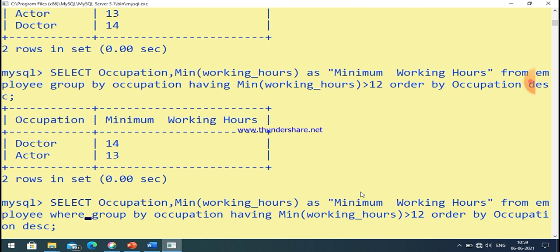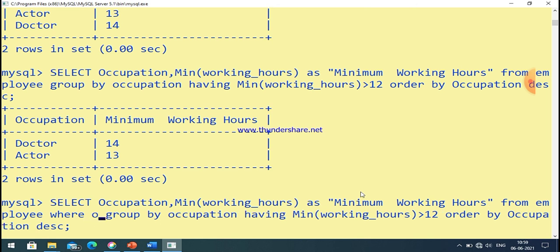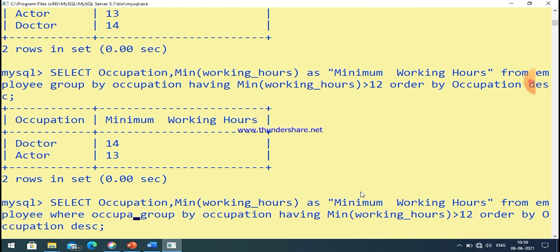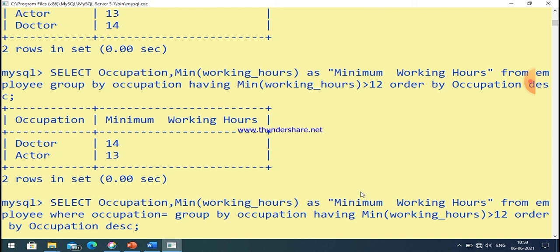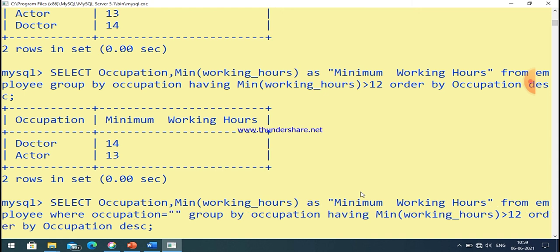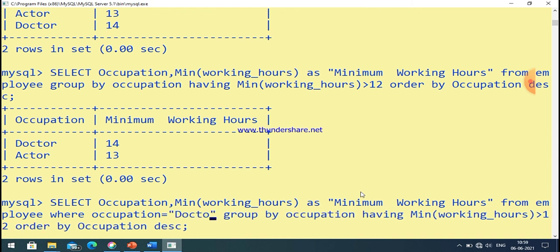And if there is another condition which is not related to the group, then this condition should be mentioned with the where clause, which we write before the group by clause. So the condition is, suppose, where occupation is equal to doctor.